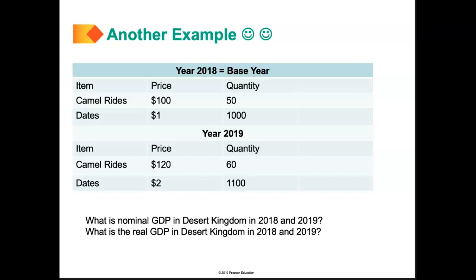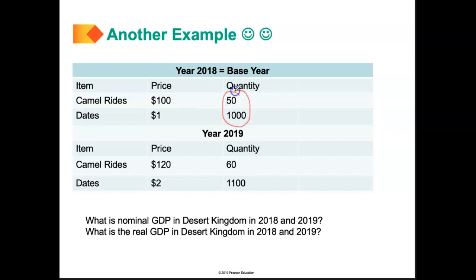We have 2018, which is our base year, and then we have 2019, which is our current year. Try and find the nominal GDP in Desert Kingdom in 2018, and try and find the real GDP in Desert Kingdom in 2018 and 2019. Okay, so to find the nominal GDP, let's work through it. Finding the nominal GDP is really simple. You take the quantity,